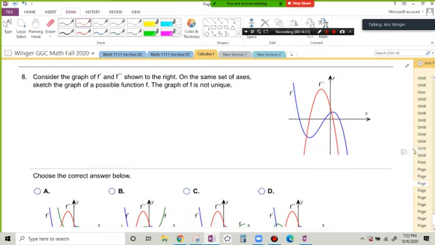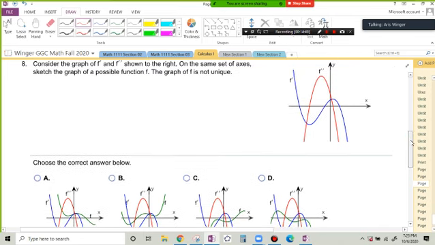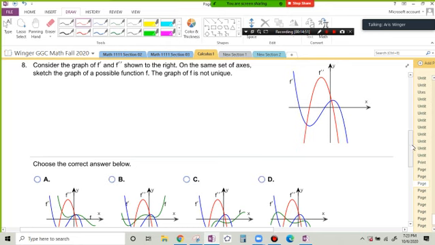Let's get a little wicked. Consider the graph of f and f double prime shown on the right on the same set of axes. Sketch the graph of a possible function f. The graph of f is not unique. Yeah, you could graph all sorts of things. But let's see whether we can conclude what the green graph is. They tell us that f prime is the blue graph and f double prime is the red graph. They're now going to give us 4 options with a green graph thrown on it. And the question is, can we find out which